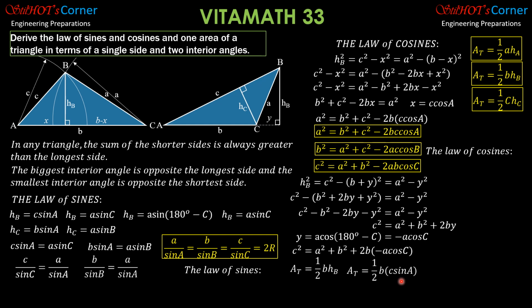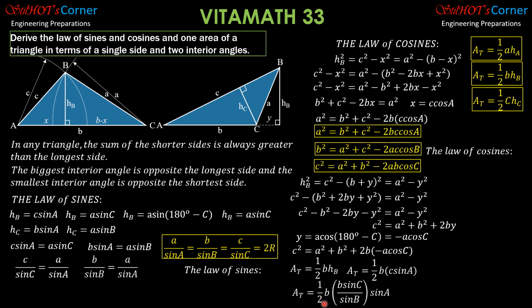Then from this law of sines, C is equal to, so that it will be in terms of one side only, B. So C is B sine angle C over sine angle B. So let's replace C here by B sine angle C over sine angle B. Area of triangle is 1/2 B times quantity B sine angle C over sine angle B, then times sine angle A. So finally, the area of a triangle in terms of one side, if we start with A squared, let's follow this pattern,